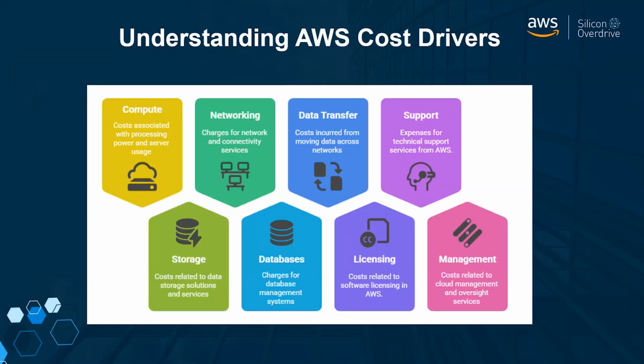So for example, you find that for a lot of the compute services, you're usually charged on items such as the instance type that you're running, the duration, which is typically charged per hour, and then the specification. For example, the number of vCPUs assigned, the amount of memory assigned to that resource, and the amount of storage. And then if you look at things such as networking, the cost metrics are different.